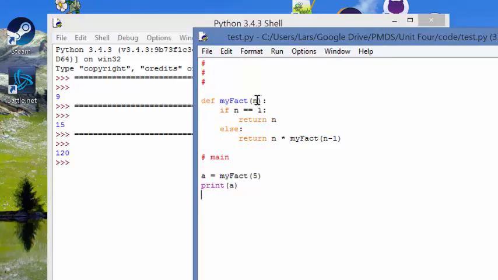Same concept. 5. Is it 1? No. So hold back the 5 and then give it my fact of 4. My fact of 4. Hold back the 4 and give it my fact of 3. So you're calling this function 5 different times. Okay? So then when you're done and it's equal to 1, then you come back up the stack,